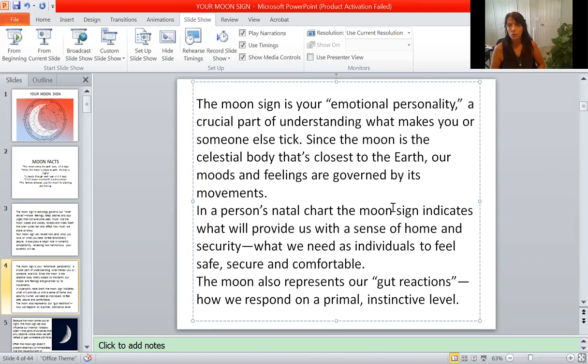Look at the element to that. Is your moon in an air sign? So are you more intellectual? Do you intellectualize your feelings? Do you have to think about them? Is your moon in a water sign? Is it just emotional? Do you just emote? You can't help it. Is it in an earth sign, where you've got to rationalize or have it grounded or secure?